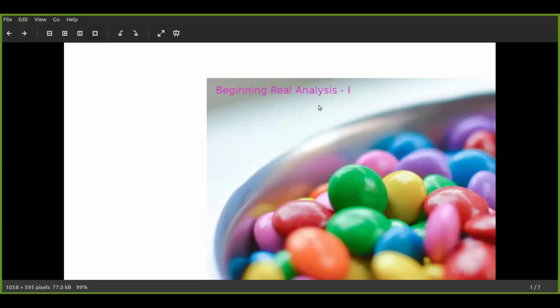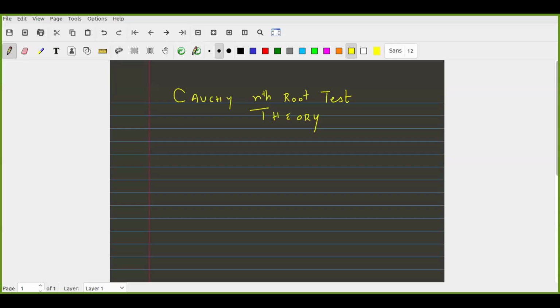So today we are going to give the theory part of Cauchy's entropy test. So remember, we are dealing with infinite series of real numbers. So let's start. So the theory says the following. So I'm going to answer this question: state and prove